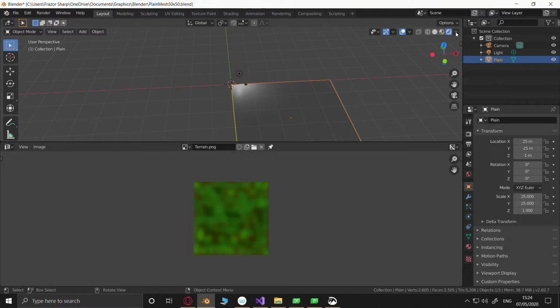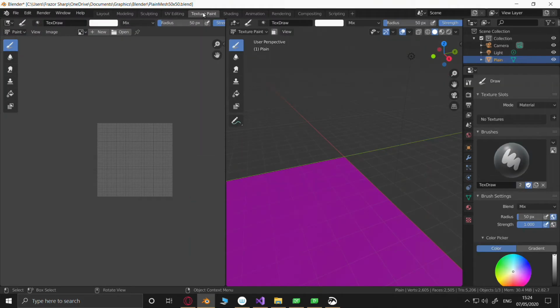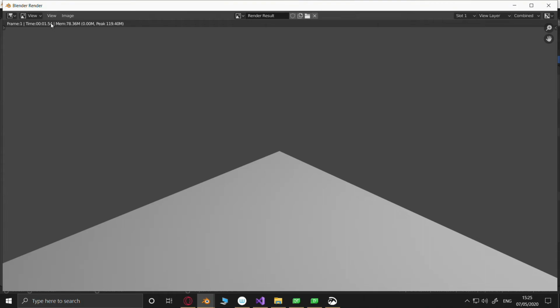Alright, I see. Yeah, okay. So how do we render this? Oh right, there's a way of doing it that way. Oh, that's cute. Didn't know that. Okay, render. Render image. Oh, we haven't assigned it then.